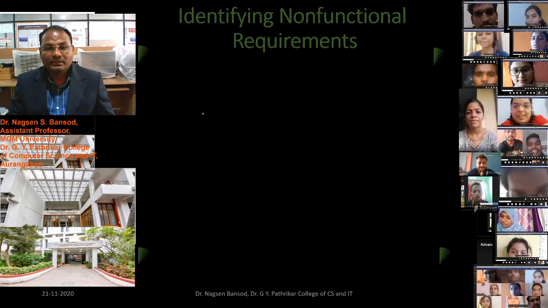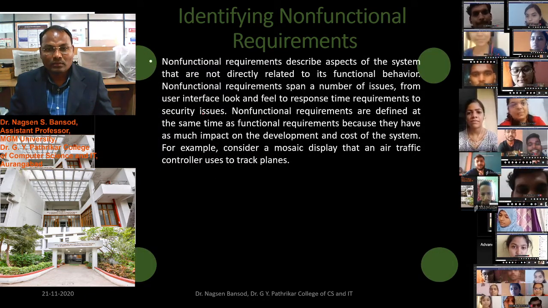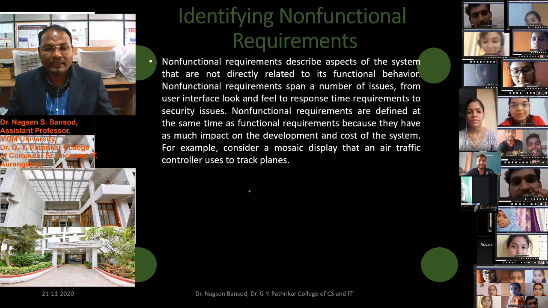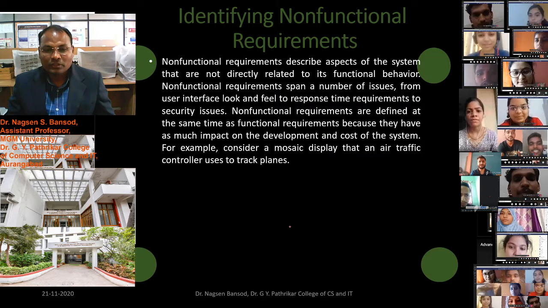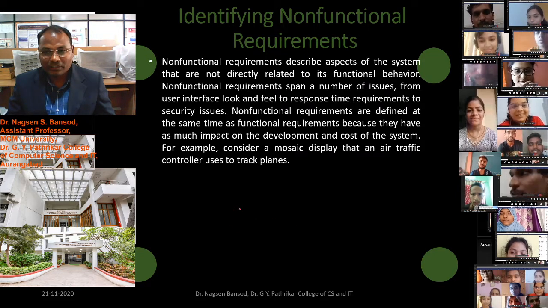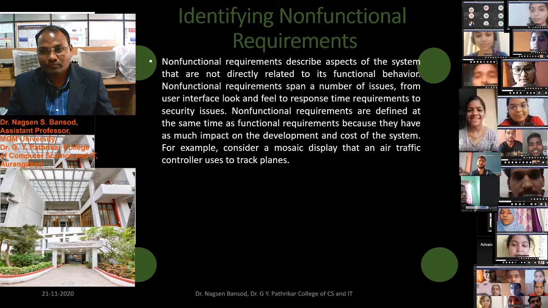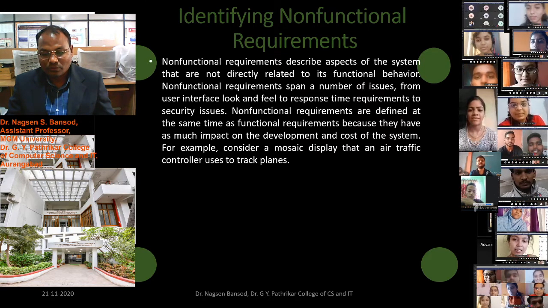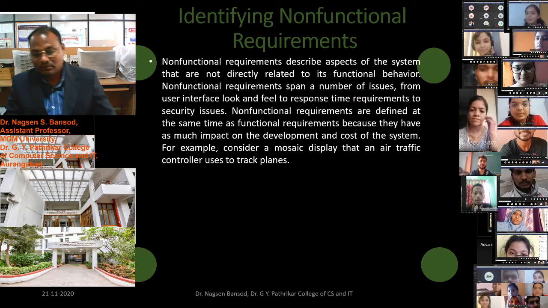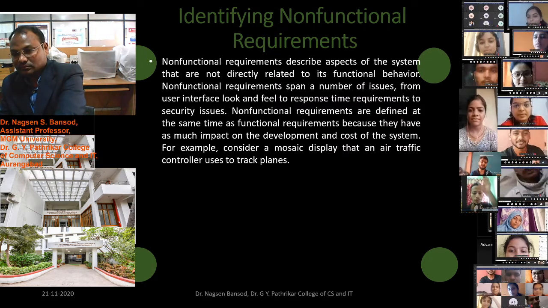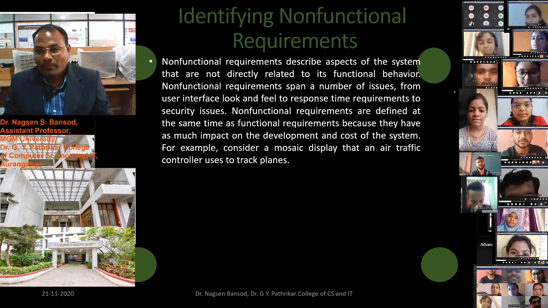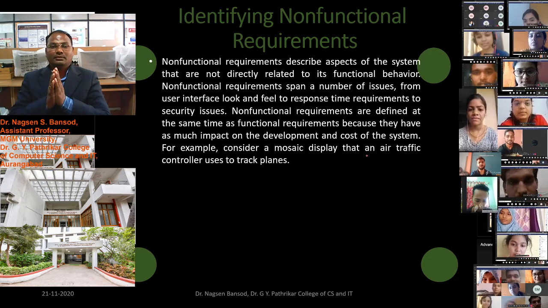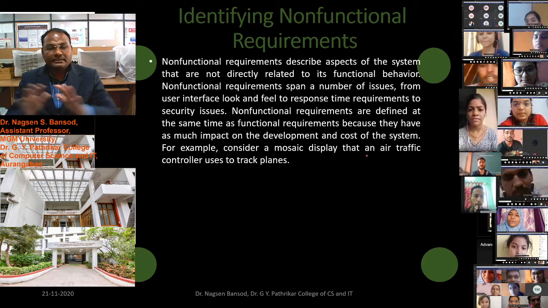Non-functional requirements describe aspects of the system not directly related to the aircraft. Suppose you have a mosaic display like this. At an airport there is a display.